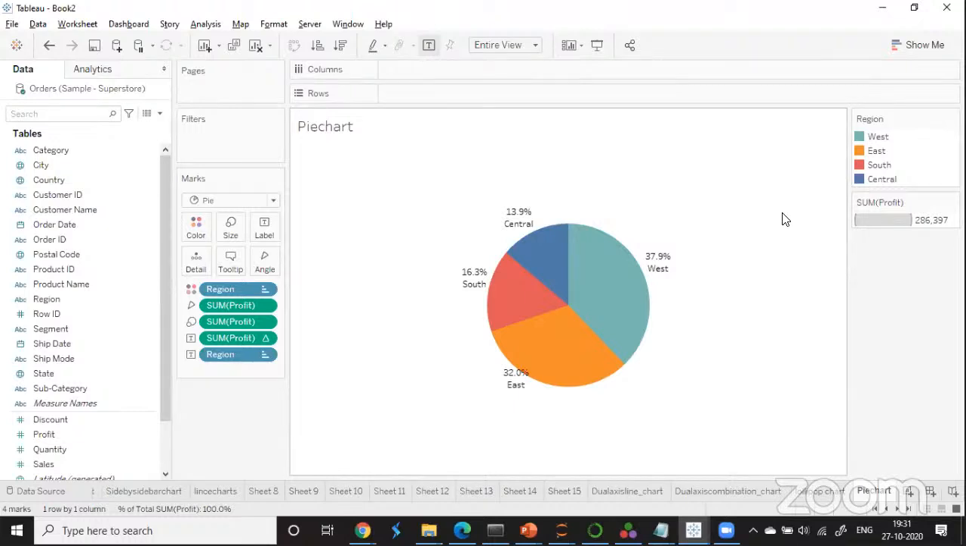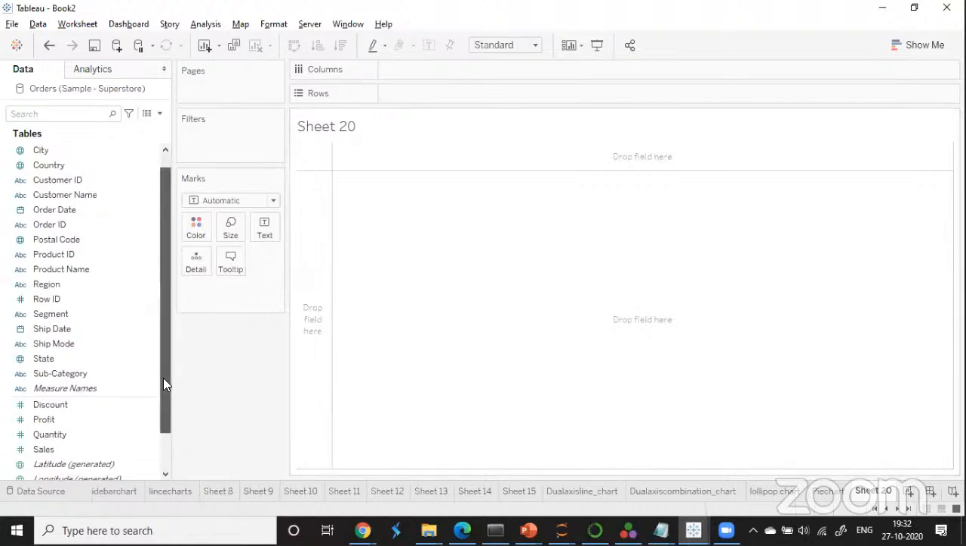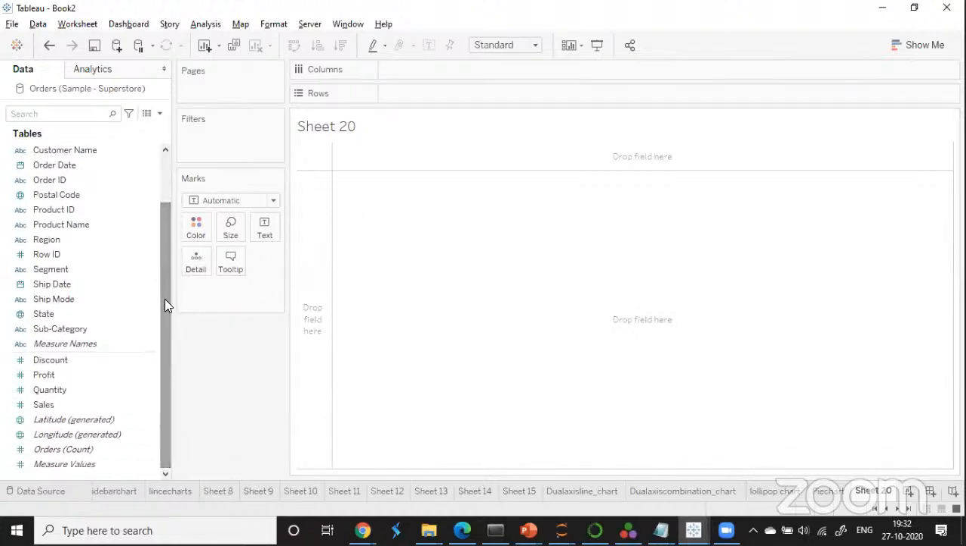So now let us see a different type of chart. What is the type of chart? It is called a heat map. So let us try to create a heat map. So how do I create a heat map? So I'm going to use my profits